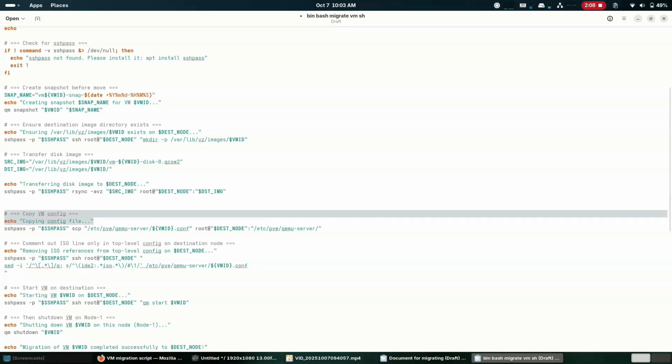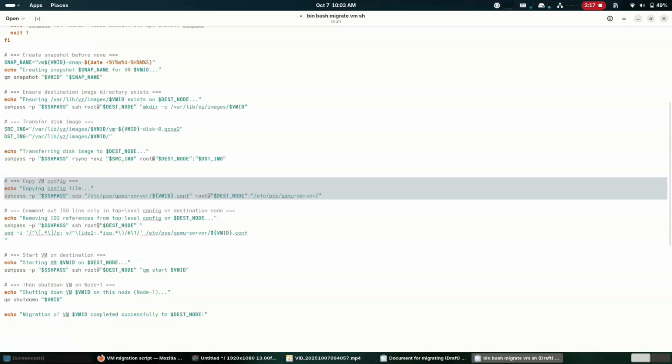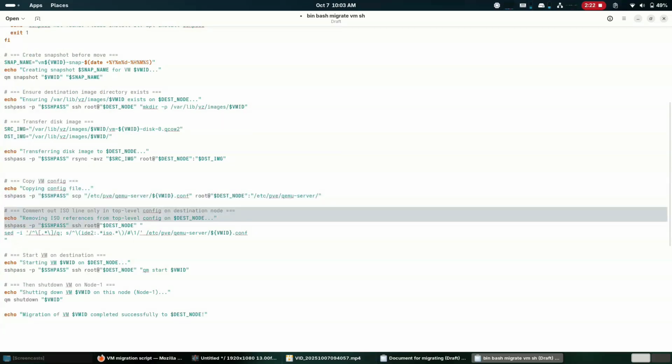So after that, we are copying the config file of the server, which will be under /etc/pve/qemu-server, to the destination node as well. Now this is one important part. Whenever we are copying the config file of the VM, it will also have the snapshots in the config file. So what we need to do is remove the IDE reference